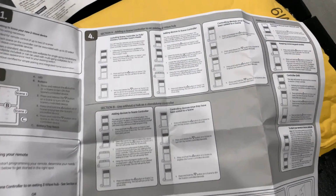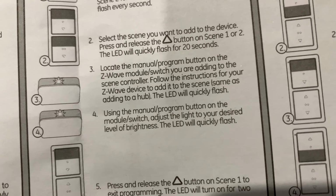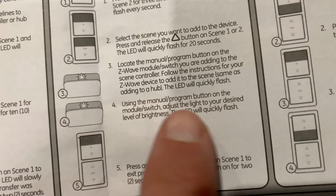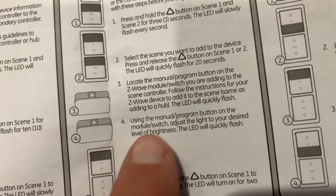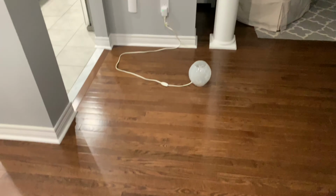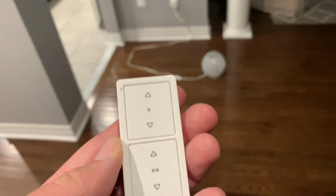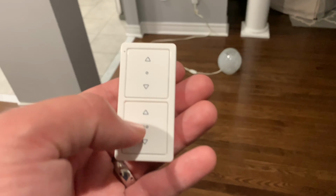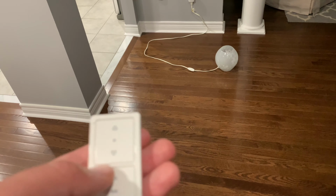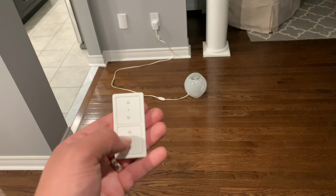Important to note is this line here where it says, where is it? Adjust the light to your desired level of brightness. If you don't have the lamps at maximum brightness when you're pairing the remotes to them, pressing the on button won't turn it on. Dimming up will dim it up, but yeah, so now I have this one, the bottom one,